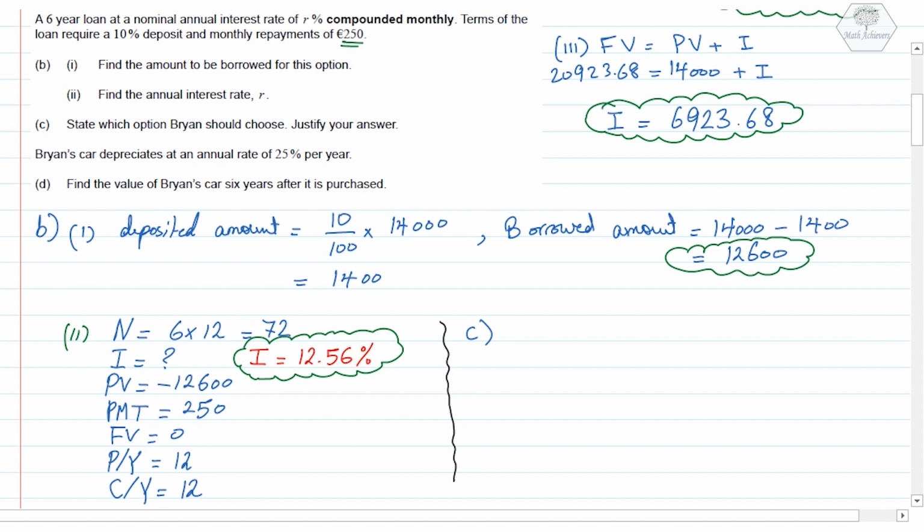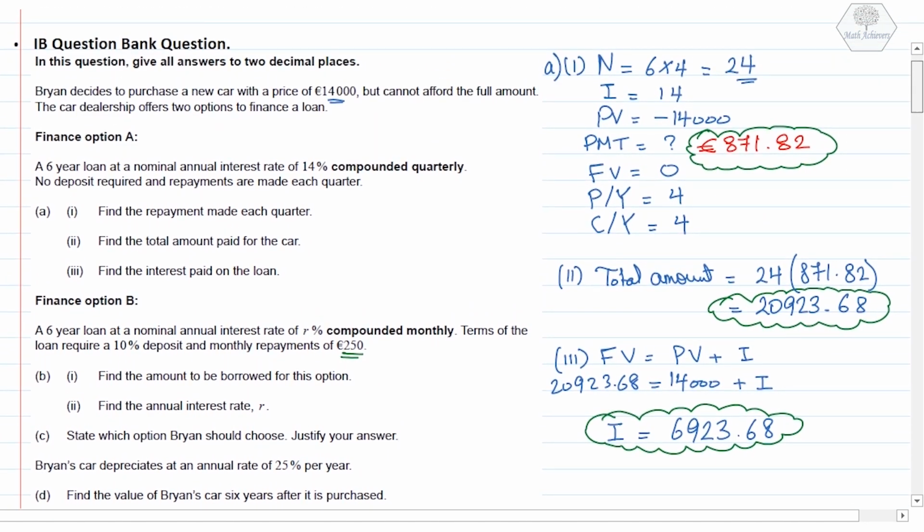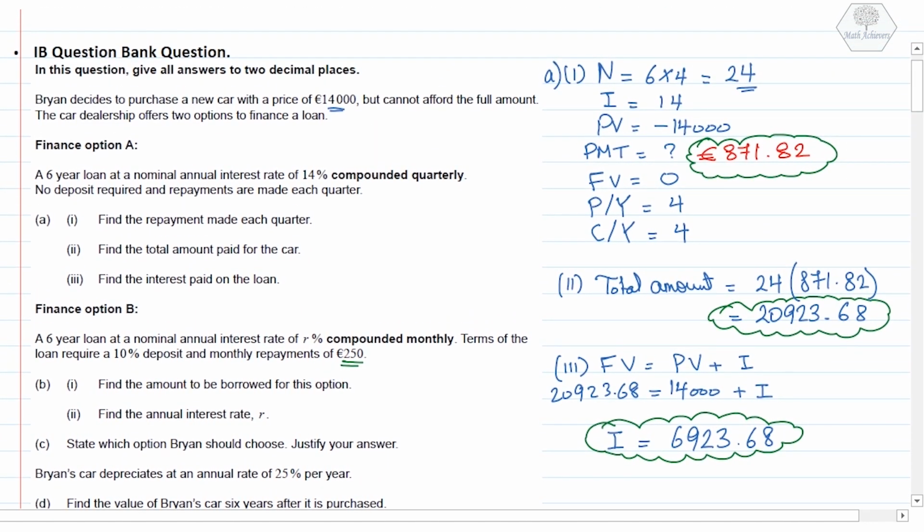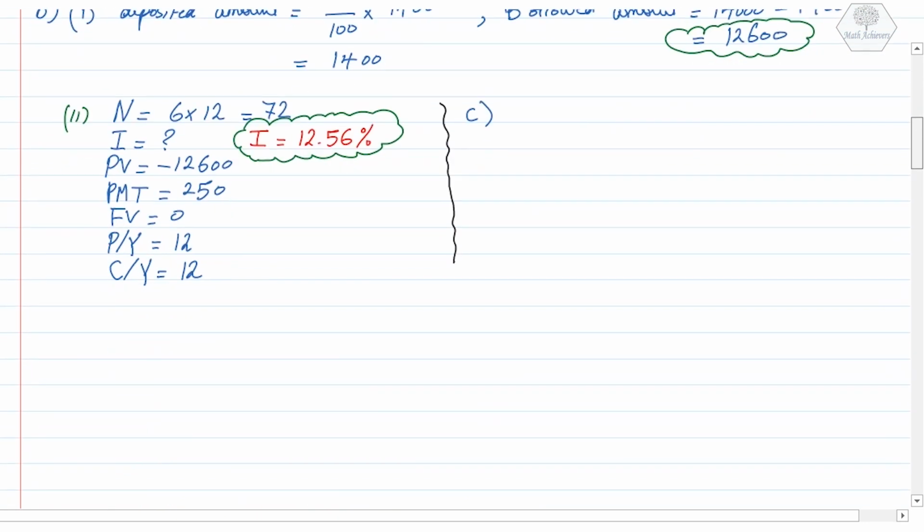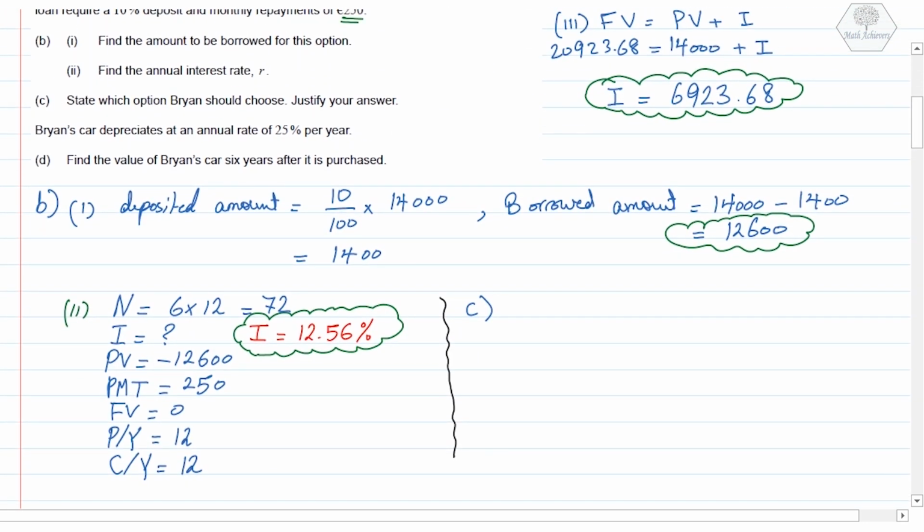So Brian depends on what he has. In the first part of the question, it said that he cannot afford the full amount, but he can pay a deposit amount. So it's better for Brian to choose option B,